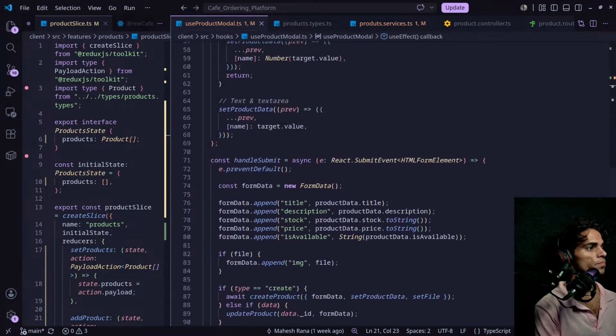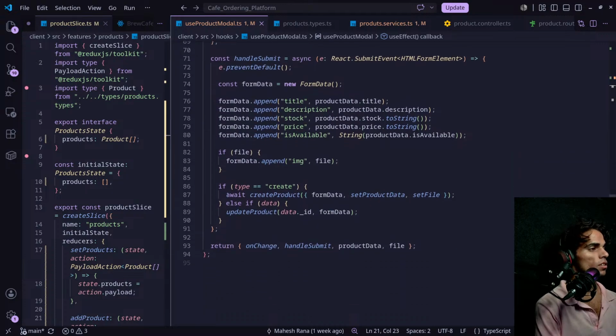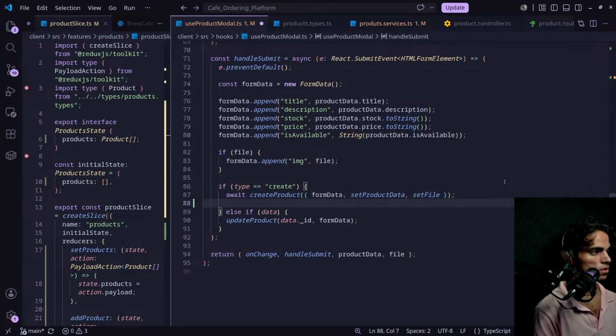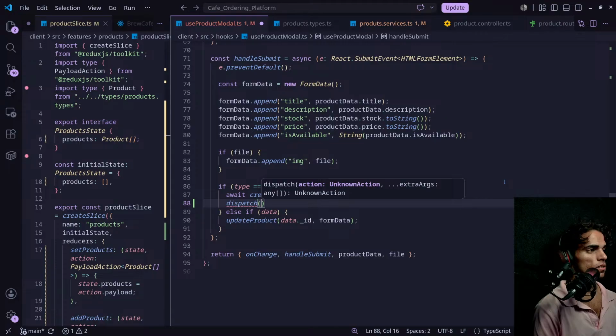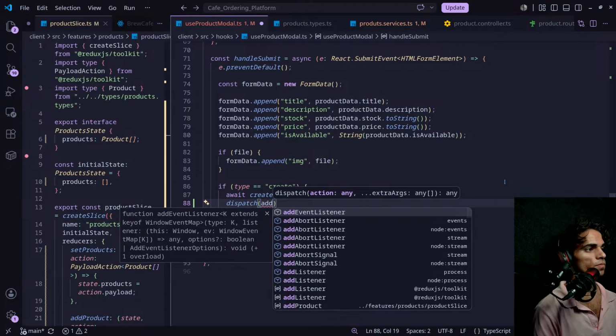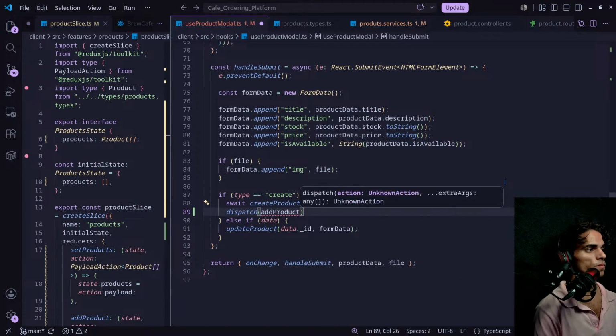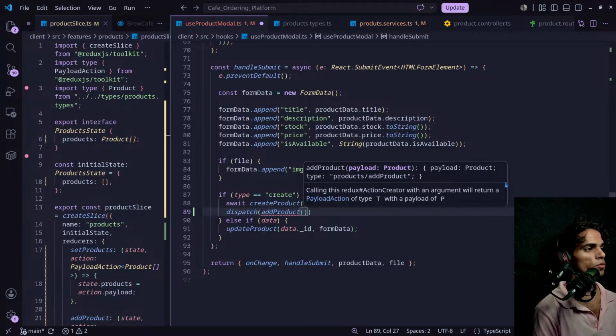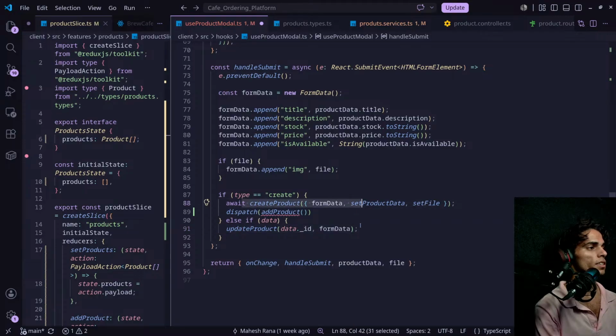Let's come here. After creating product, what we'll do, dispatch add product, and inside this add product we'll pass a product. So how can we pass this? The create product